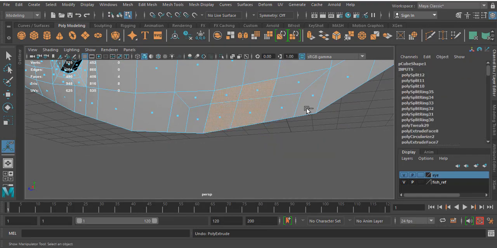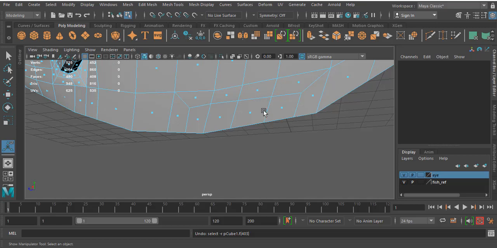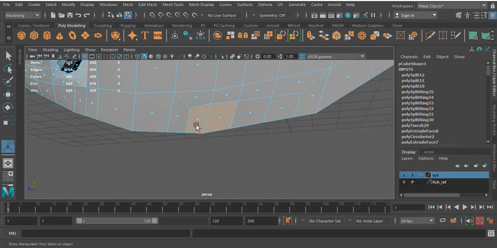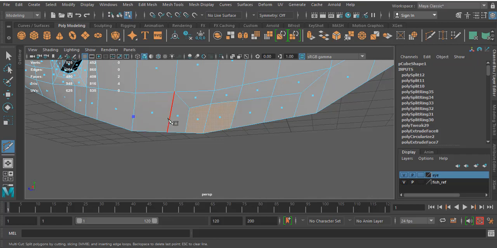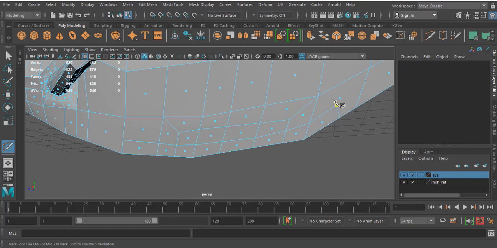I think this is not proper. Go to this multi-cut. You know why I'm doing this?